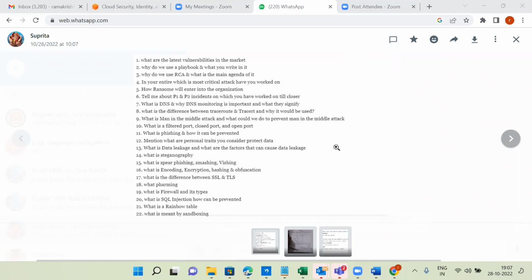You know already encryption. Encryption is nothing but the plain text data being converted into encrypted data using some algorithm as well as some password or key. That is encryption. What is hashing, anyone? Digital representation of the content of the files. Only that one? Is there any other definition?